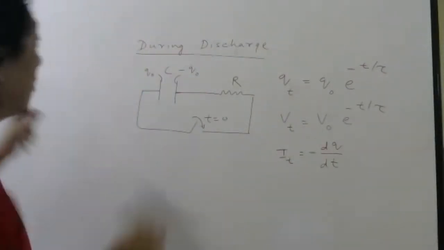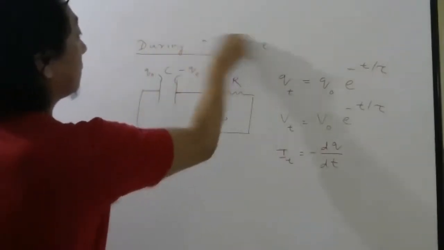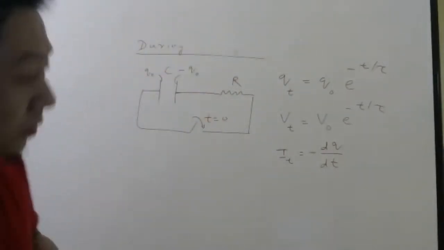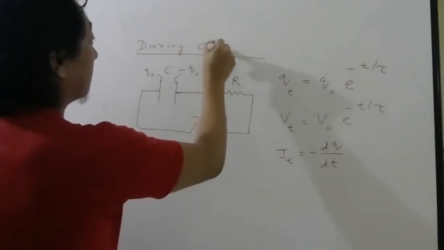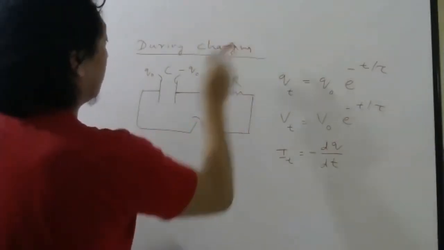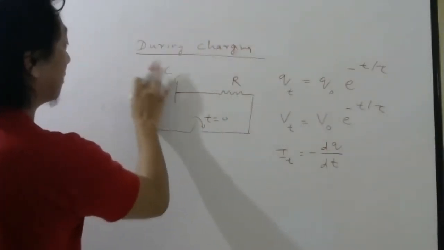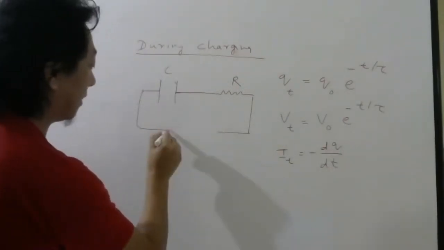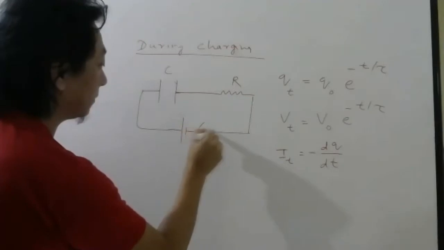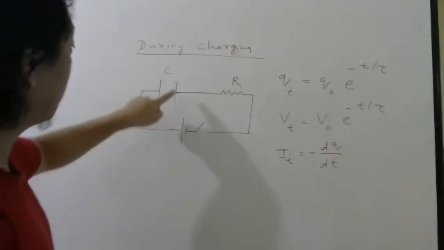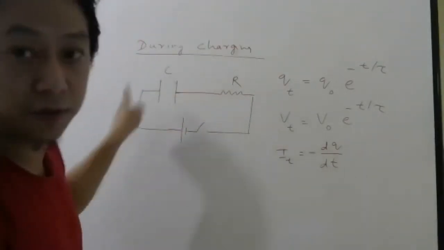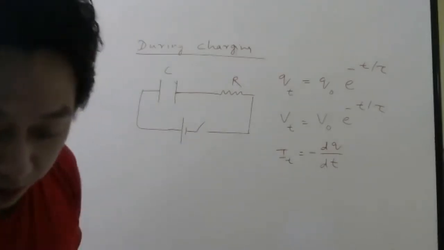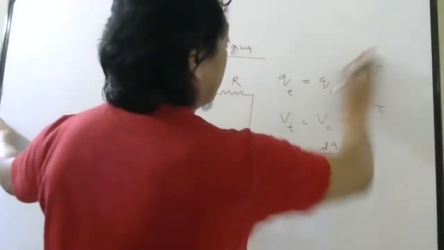Now during charging, what will happen? During charging, this will have initially no charge. And you have to put a battery. Okay, so the capacitor will start getting charged now through this resistor. Okay, so that time the formula was